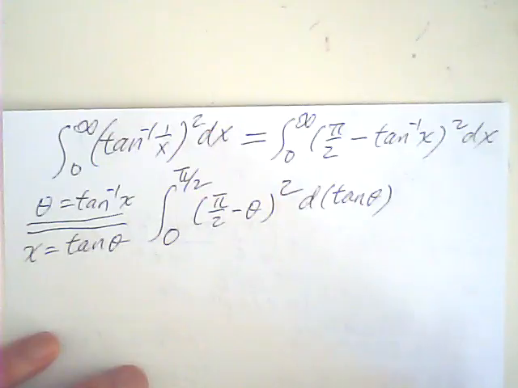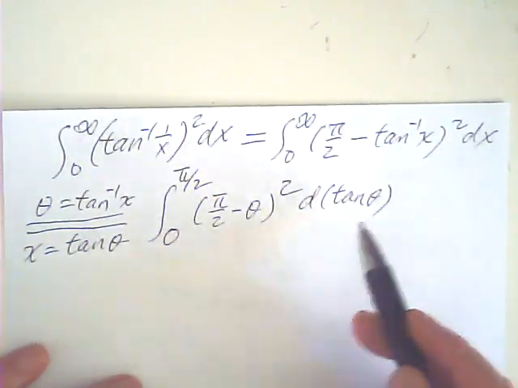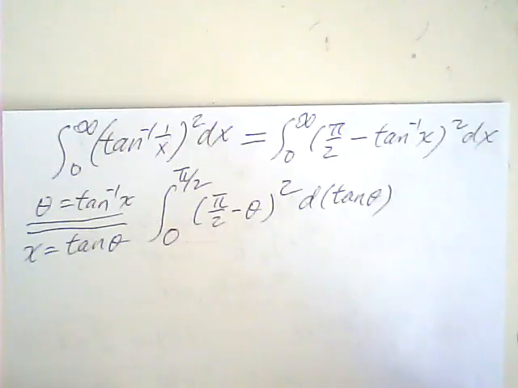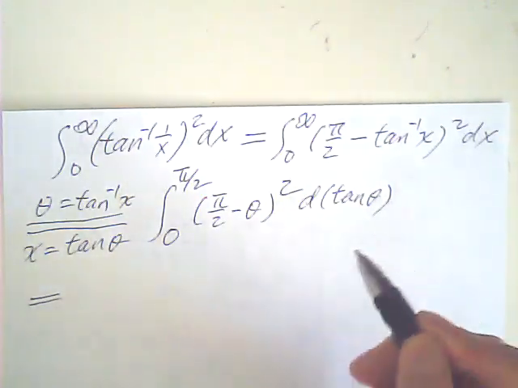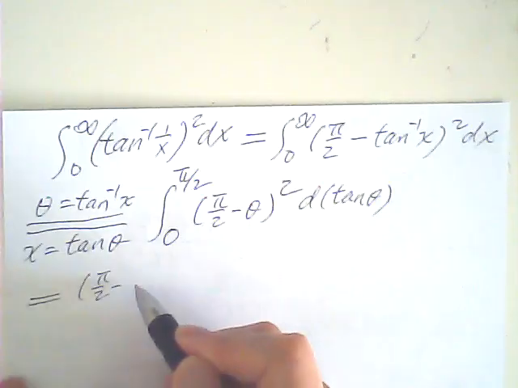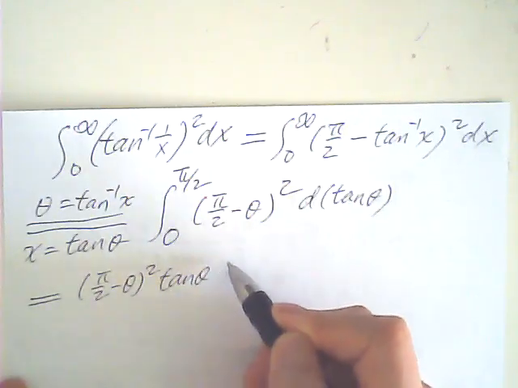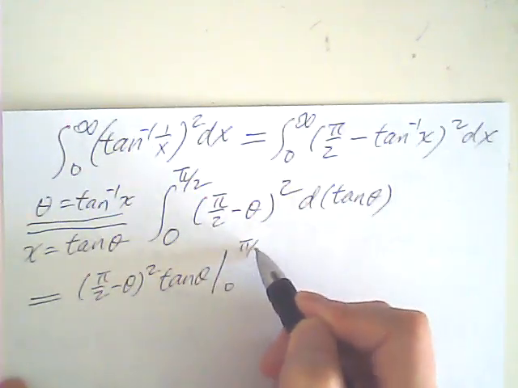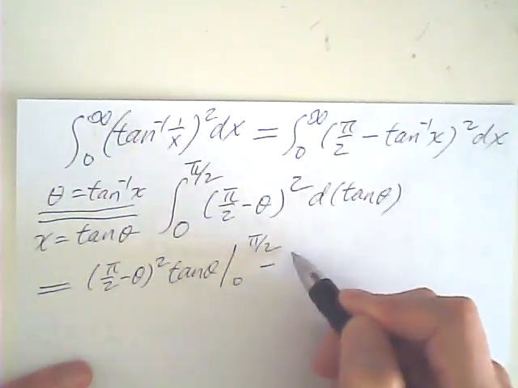Very good. Now, the reason I'm not expanding it is because it's already set up for integration by parts. See? So I'm using by parts, u dv, right? So it's uv from 0 to half pi, minus v du, minus